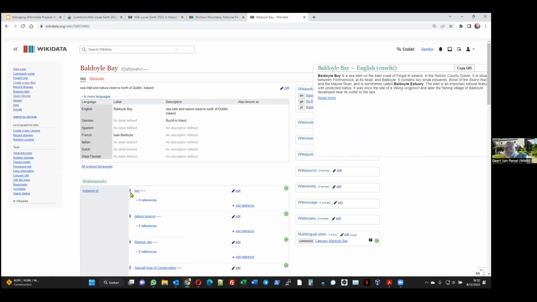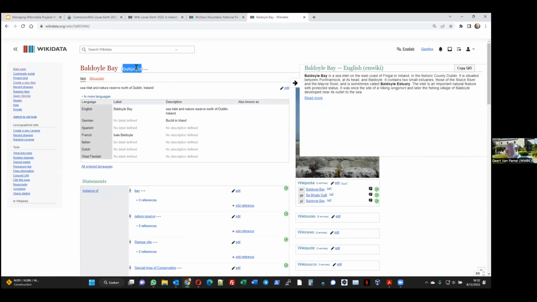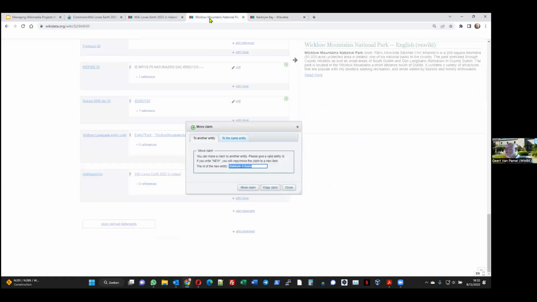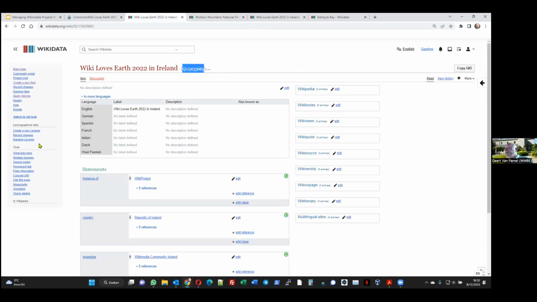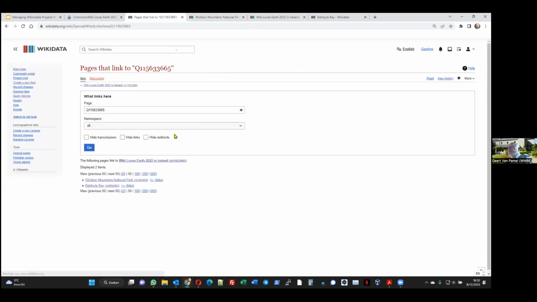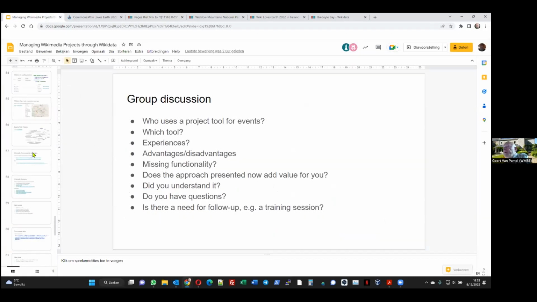This one. Yeah. Okay, so then I duplicate, I copy the Q number, I paste it here, and I say copy claim. So then when I look up, I go here and I ask what links here. You see the two items already linked to your Wikidata, your wiki project. So then, if I take my presentation,